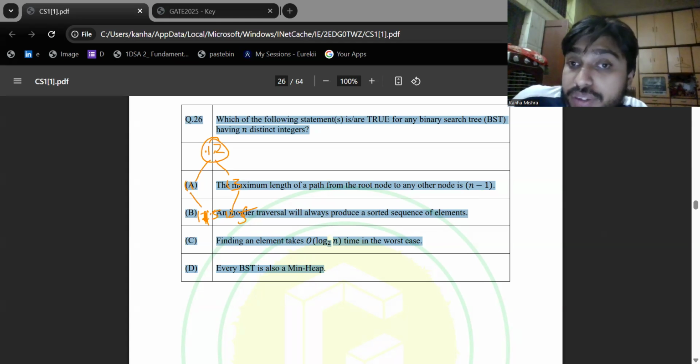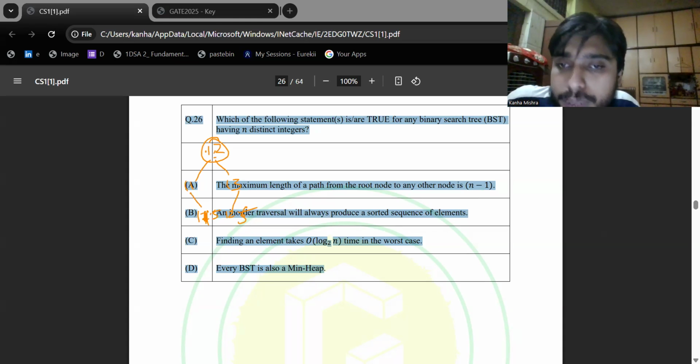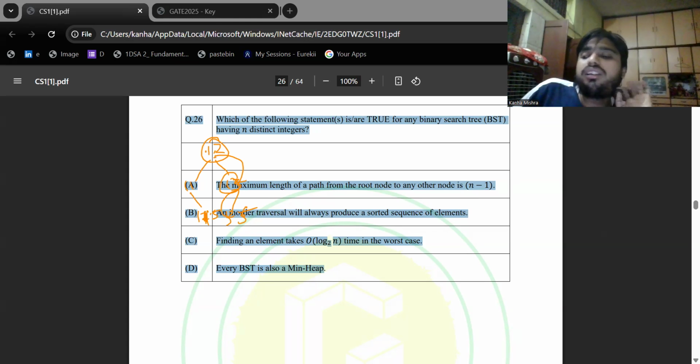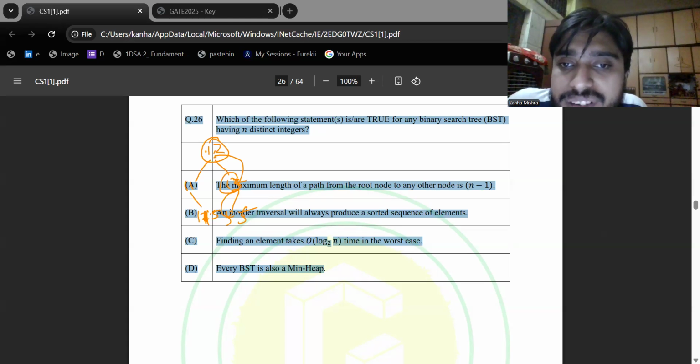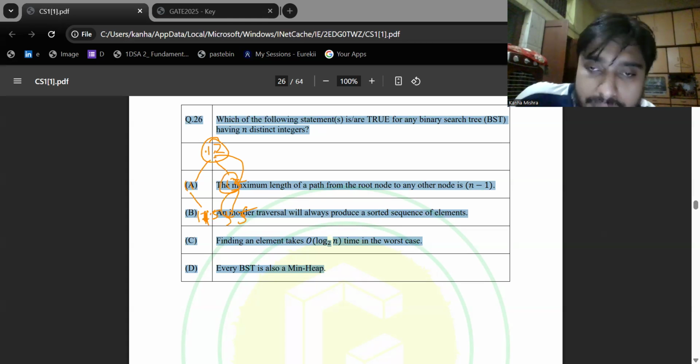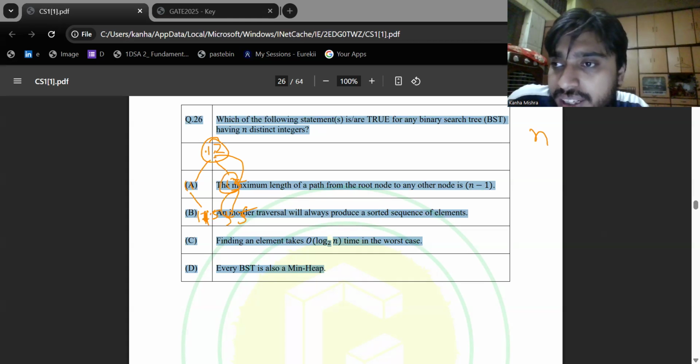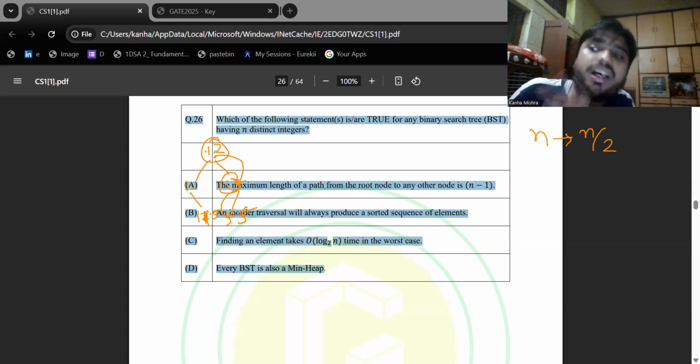So I need 12.5, obviously a greater value. So it will lie in the right subtree, because the right subtree holds all the bigger values. So I go here. Now I need 12.5. The current node is bigger, so it will be on the left side. So you can see the decision in which I am moving in a binary search tree depends on the current value. And whenever I make a move, I'm actually disregarding the other half of the tree. So for a particular n, at a single point, I disregard half of the tree, and in the other half I search. Then it becomes n by 4,